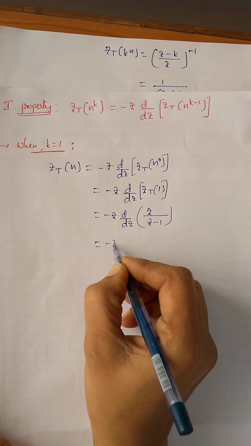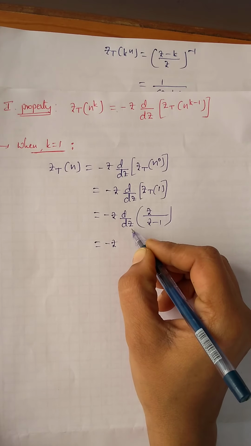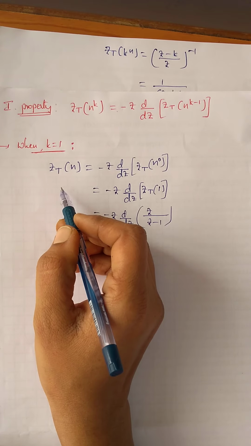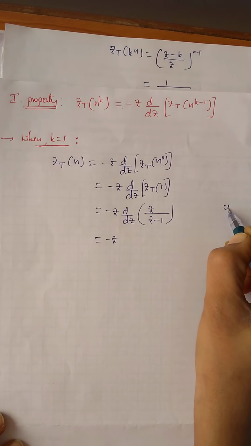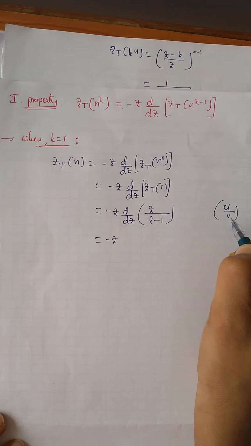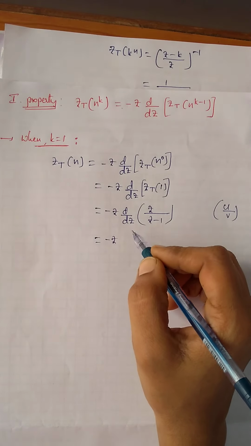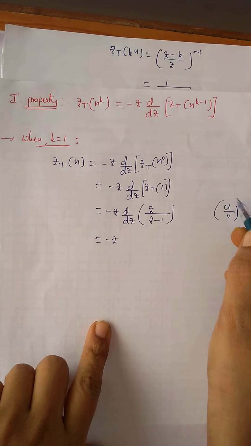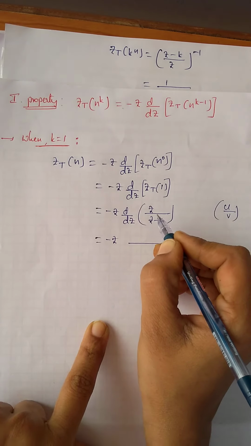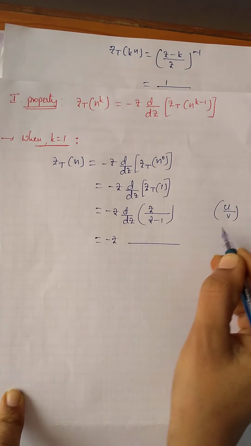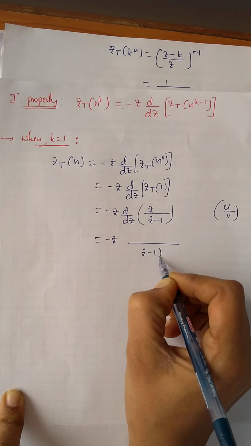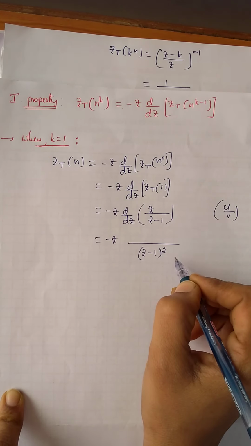Now this is very simple. Just differentiate this with respect to z, we will get Z transform of n answer. Okay, how do you differentiate this? Apply quotient rule, u by v rule. So apply u by v rule, quotient differentiation, we will get Z transform of n. So according to this rule, differentiation of z by z minus 1, the denominator is v square, nothing but v is z minus 1 whole square. This is a quotient rule differentiation.